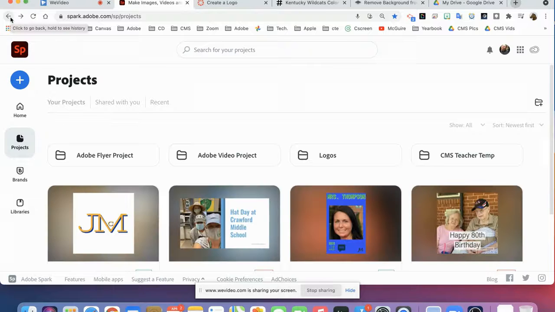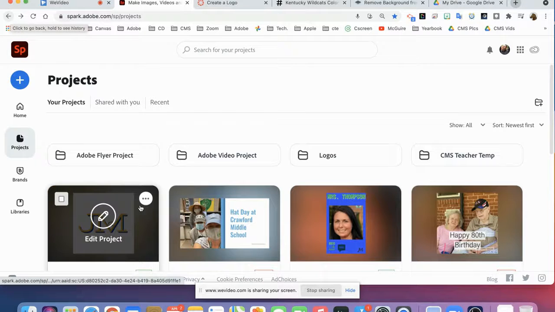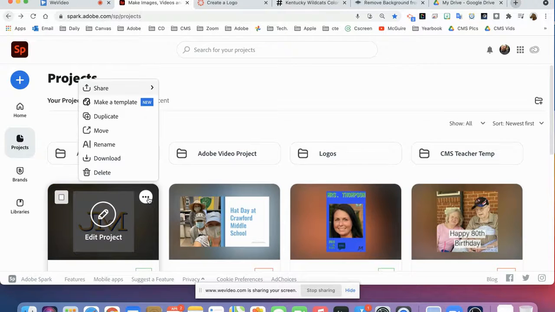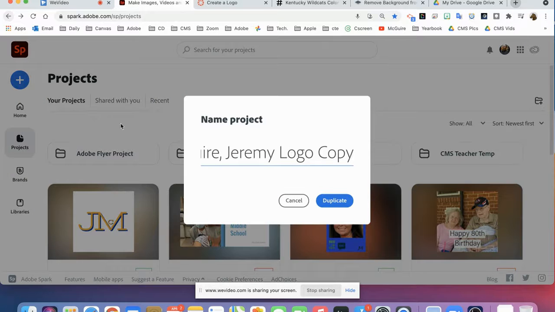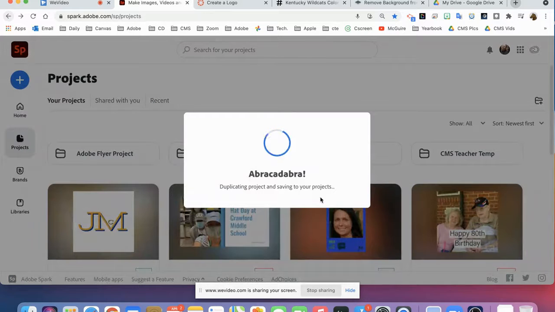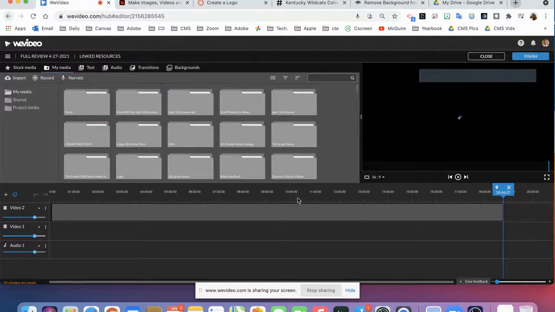So you don't always have to put everything in your drive, but in this case, I can move it over there and do all that stuff. Say I want to do something else, I can duplicate it and make a copy. I have the original, so on and so forth. So that is an example of how to do